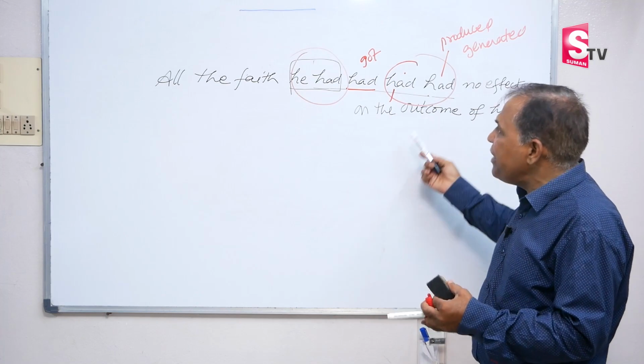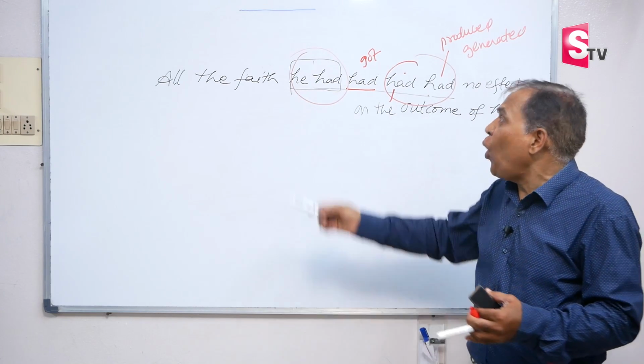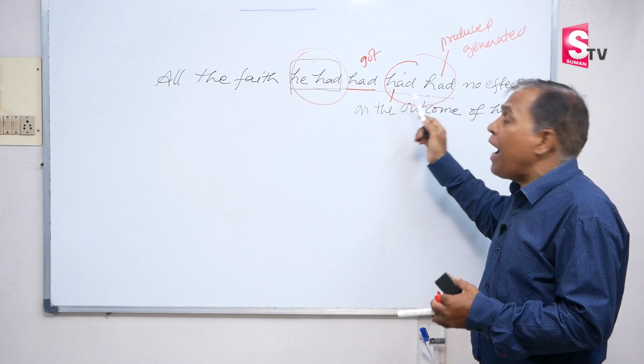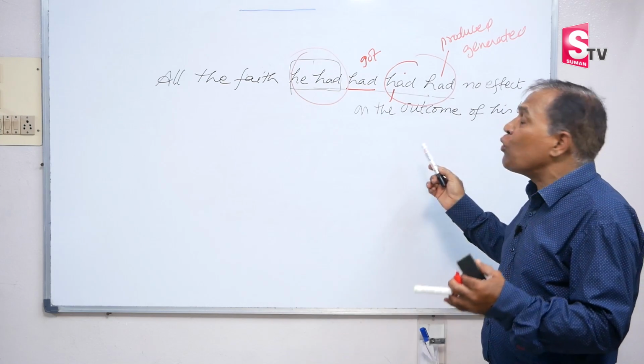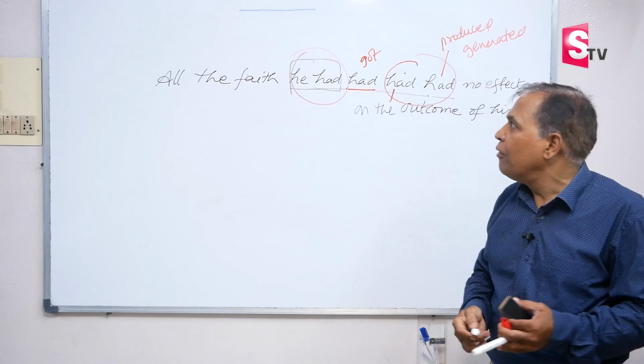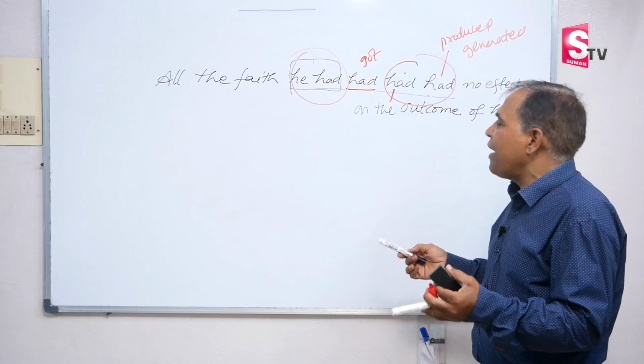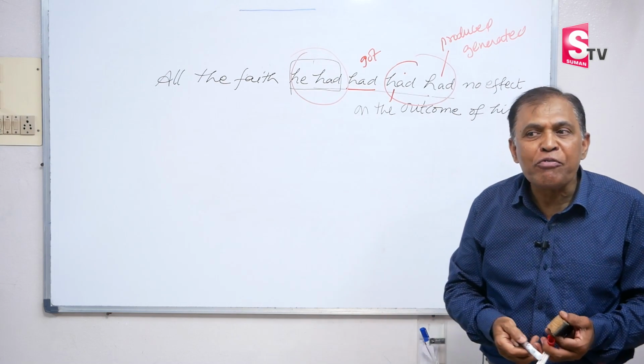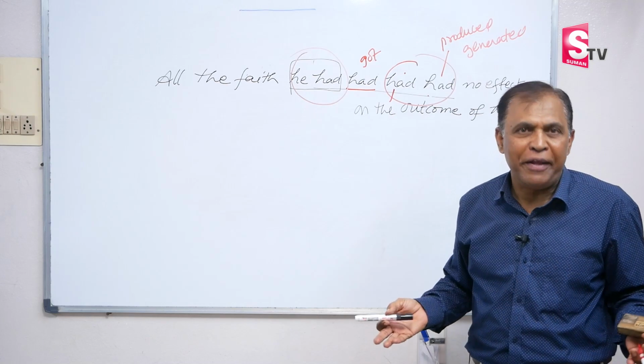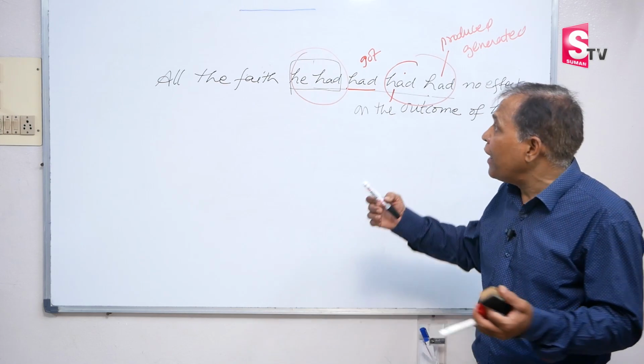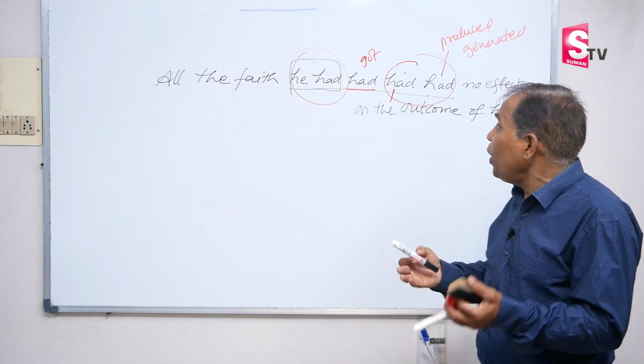Now let's read it in a rhythm. All the faith he had added no effect on the outcome of his life. But if you read all the faith he had no effect on the outcome of his life, absolutely no meaning. దాన్ని ఎలా చదవాలి? మీనింగ్ వచ్చేటట్టుగా ఆల్ ద ఫెయిత్ he